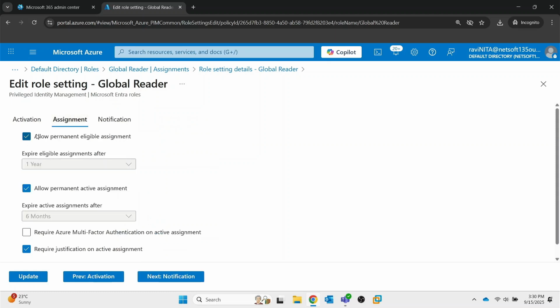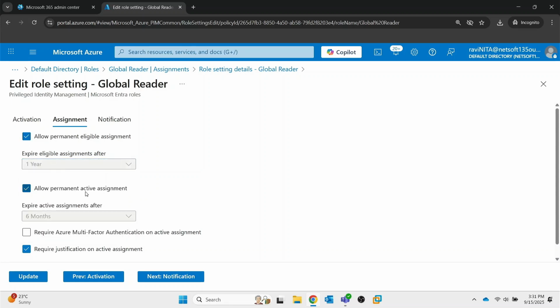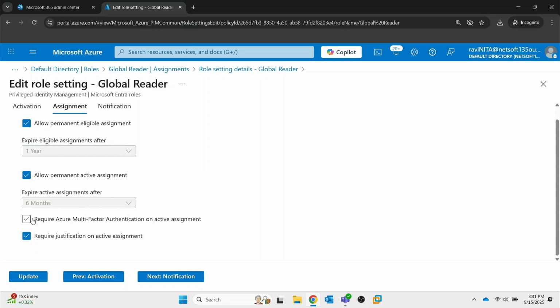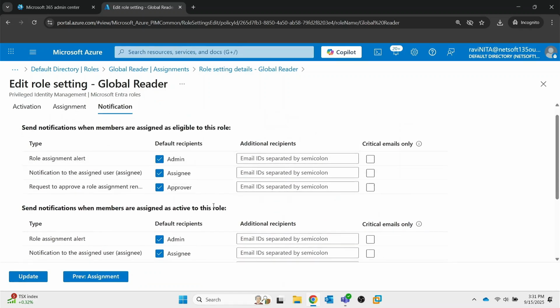Now, assignment. Allow permanent eligible assignment. You can do that, or you can say no permanent assignment will be allowed at all for this role. And you can again set a hard cap of let's say 1 year, 6 months, whatever you want. Requires MFA on active assignments. Perfect. Plus, you can send notification to multiple users that this user just requested for a privileged role or activated